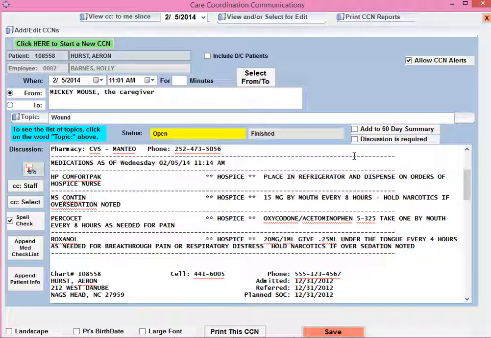Next, we have Add to 60-day Summary. If you feel the text that you have typed into your CCN needs to show up on the patient's 60-day summary, then check this box. The 60-day summary is located on the main menu from the patient's information screen. It's often used on 485s and doctor orders. If you have a very long CCN, keep in mind that the 60-day summary will include everything you have entered. If you do not plan on entering any discussion text, then uncheck this box here before you attempt to save